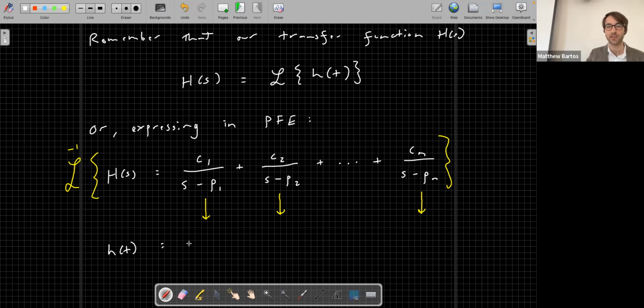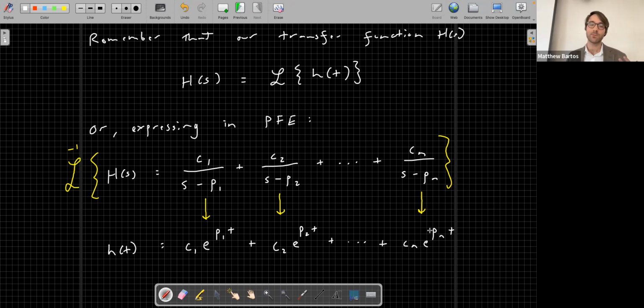Yeah, so this will be C1 times e to the P1t. Right? And similarly, this will become C2 e to the P2t. And so on, all the way to Cn e to the Pnt. So essentially, the transfer function tells us almost everything we need to know about the response of the system,